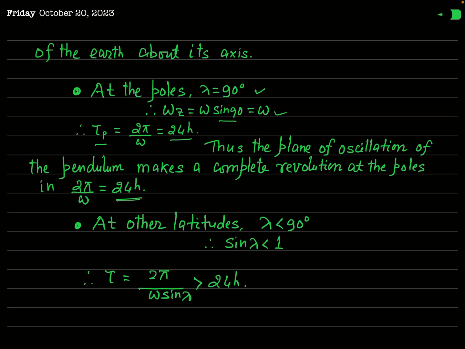Okay. In fact, when you talk about other latitudes, the latitude of a place lambda lies between 0 and 90 degree. It means the smallest value of lambda is 0 at the equator, and the largest value is 90 at the poles, and at other places the value of lambda will be greater than 0 and less than 90. And if lambda is less than 90 degree, sine lambda will be less than 1. So in this case, what will be the value of this tau? That will be 2 pi over